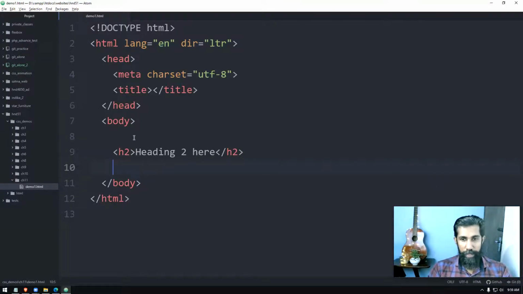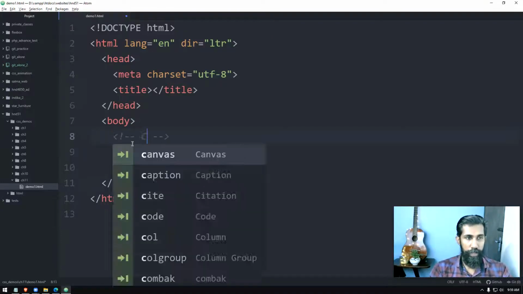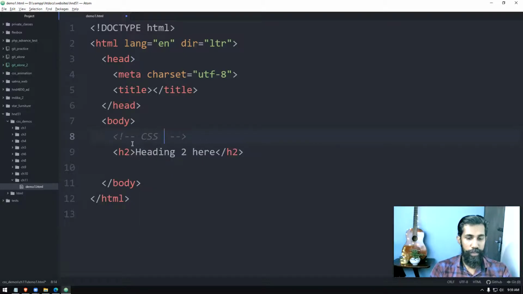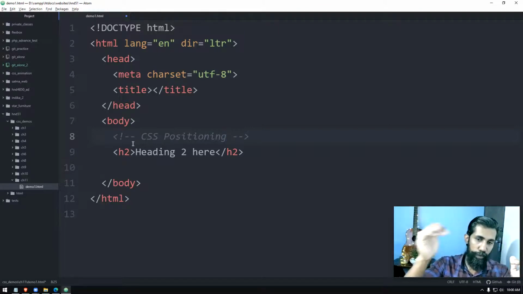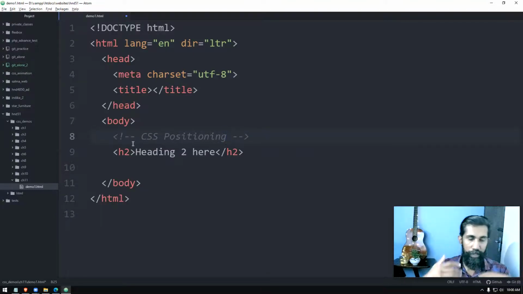Okay, the next part we're going to do today is CSS positioning. Basically we have absolute positioning, relative positioning, right? And we will see how we can position the components, because we learned the height and width. Sometimes we need to push the elements to the right side, left side, or top and bottom. This will be useful for us. So position, we will try how we can make use of this one.